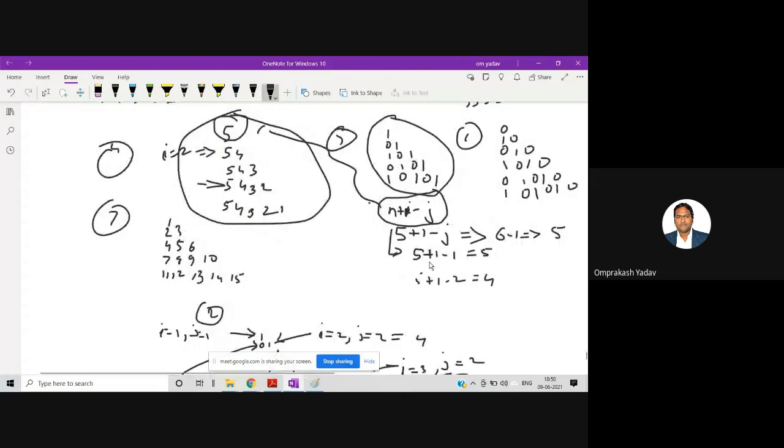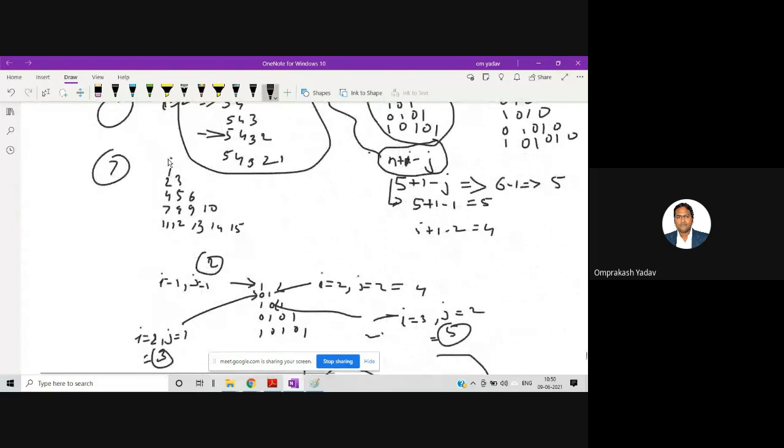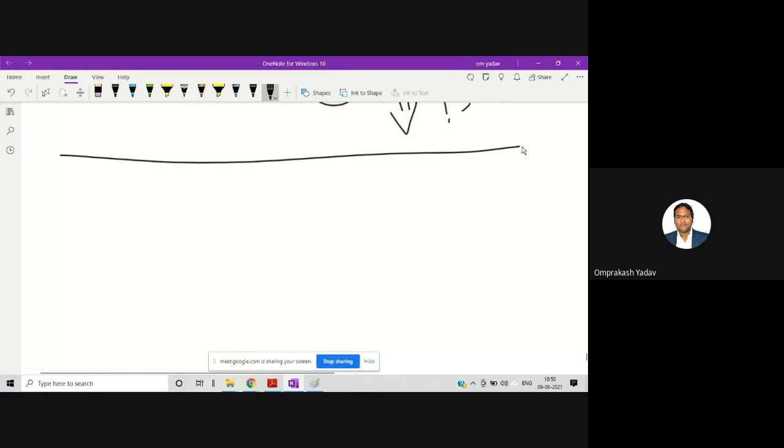Now let's see this particular pattern. So we have 1 2 3 4 5 6. This pattern.